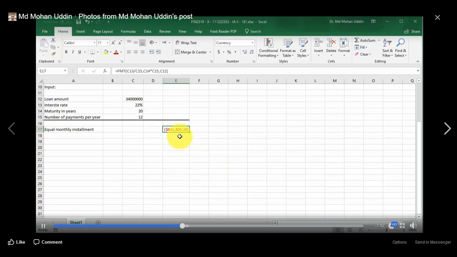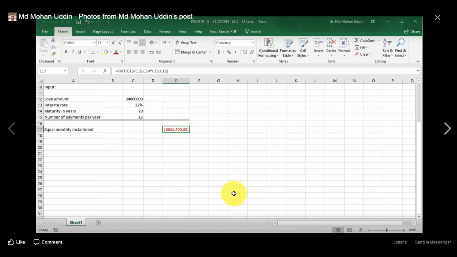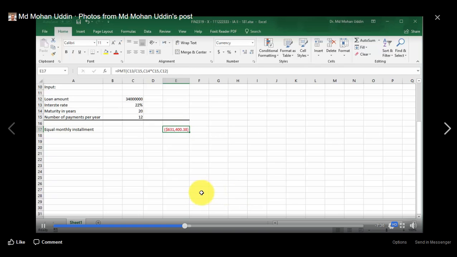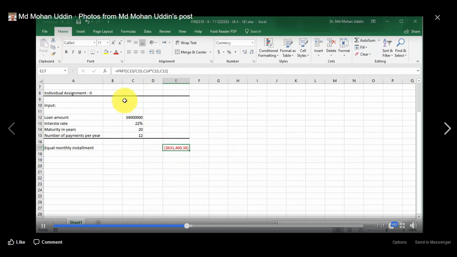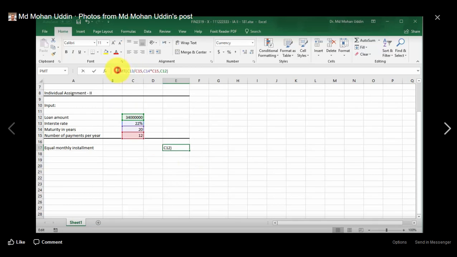Okay, now why is it negative? It is showing negative because we are actually going to pay it. So in our loan amortization schedule, actually we don't want to show the negatives and all this because these are self-explanatory. It is very easy to understand. Therefore, if we click on this,